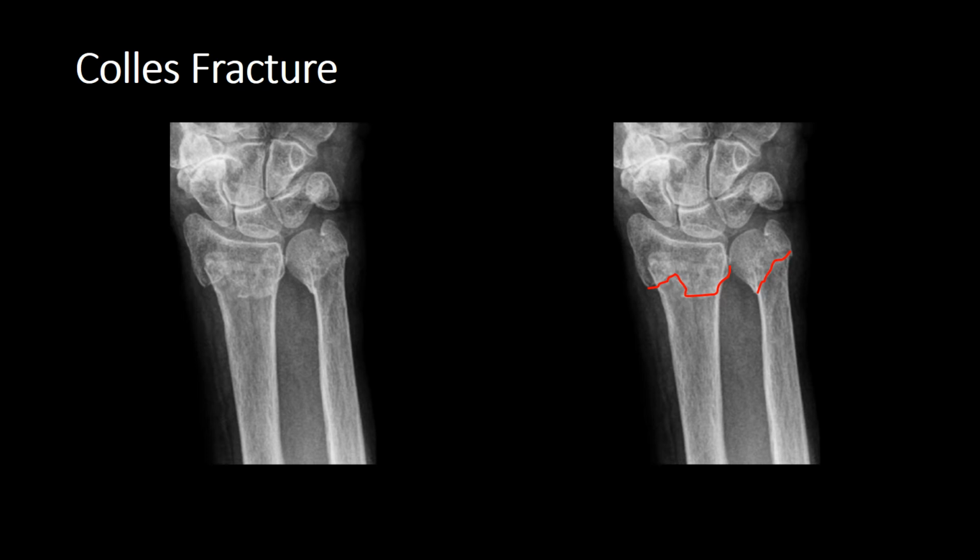So here is our classic Colles fracture. Remember, Colles fracture tends to occur in individuals over the age of 40. And if we look at this patient, we can see how they've got virtually no cortex. It's really thinned. So these bones are really very osteopenic. And because they're osteopenic, they lack trabecular or bone density. So the lack of trabeculae means that they're more likely to sustain this very specific injury, which occurs in the